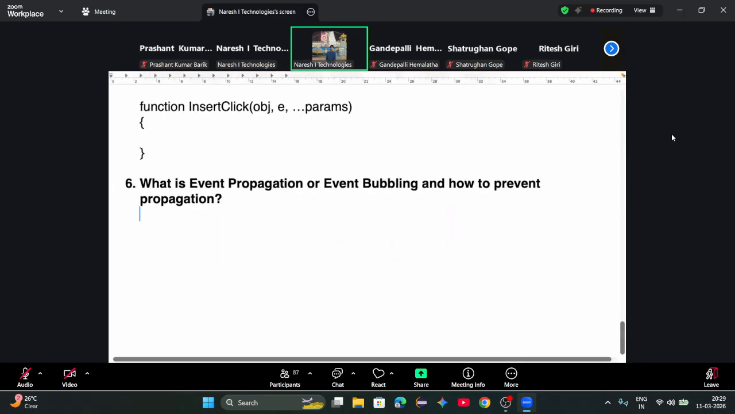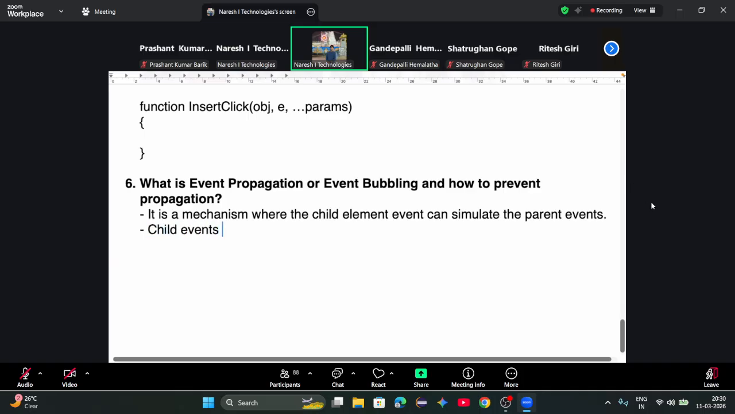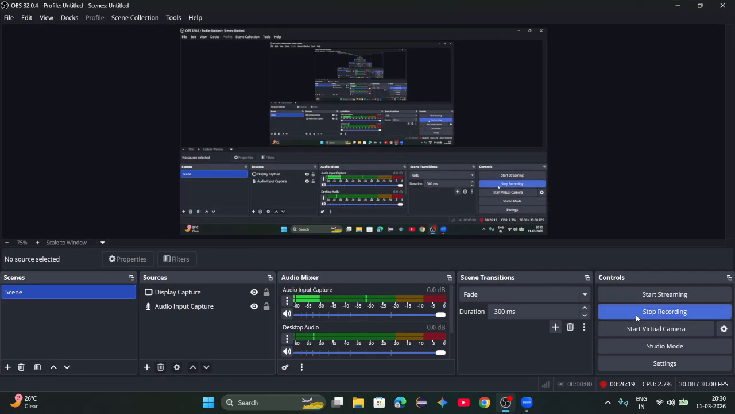How do you prevent propagation of events? First, what is event propagation? It is a mechanism where the child element event can simulate the parent events. So child events propagate